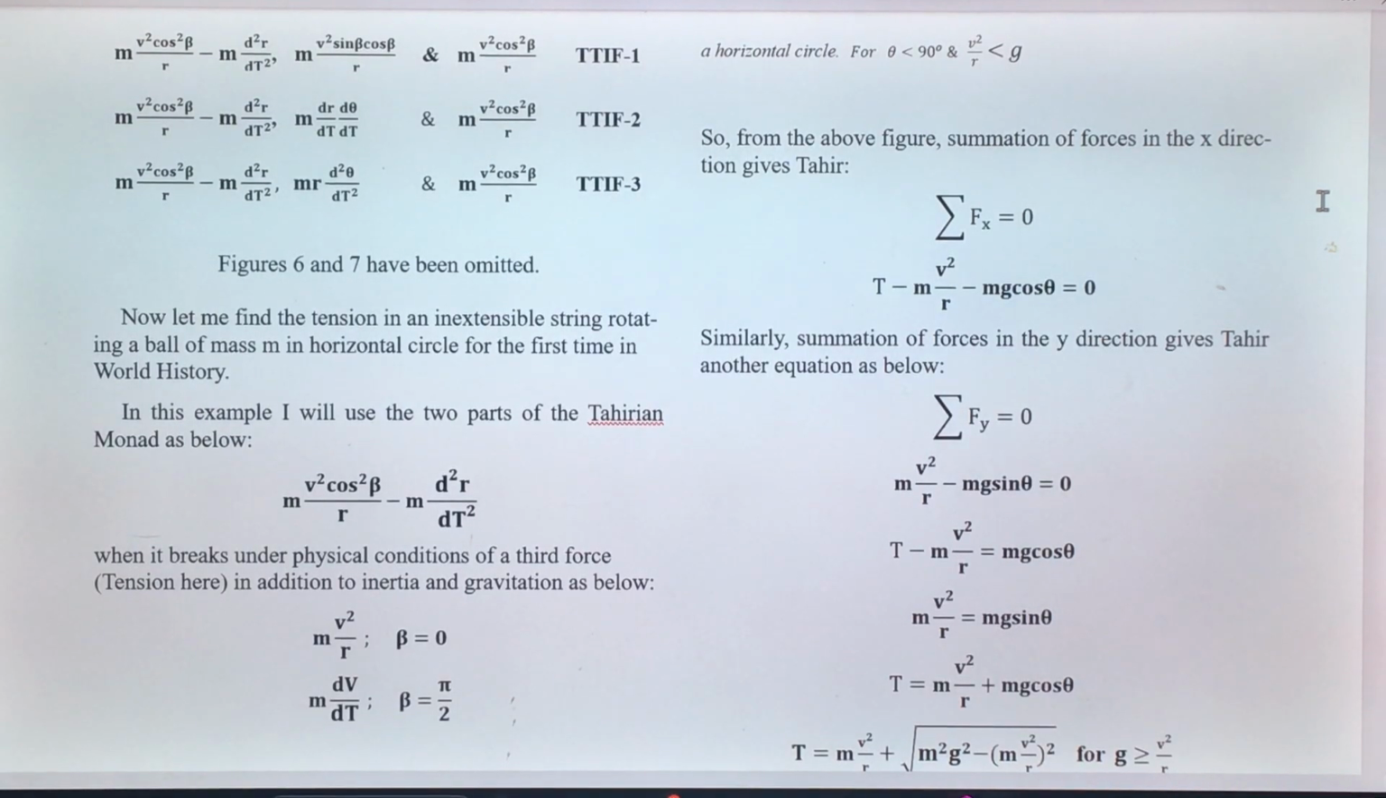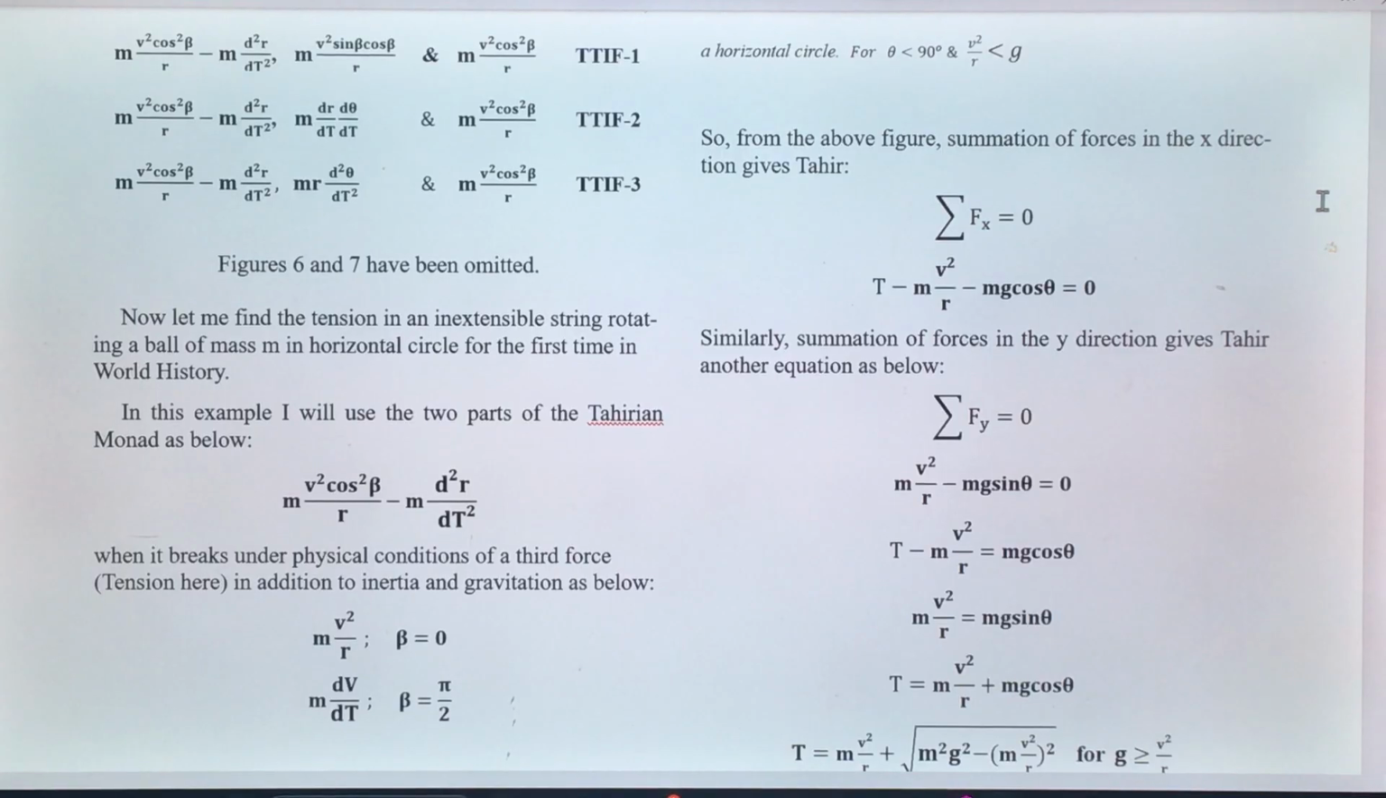mv square cos square beta over r minus m d square r over dt square. Okay, so you can see the monad on top of the screen, Tahir triad of inertial force 1. So this is a centrifugal force, mv square cos square beta over r minus m d square r over dt square. It's a centrifugal force. When it breaks under physical conditions of a third force, tension here, in addition